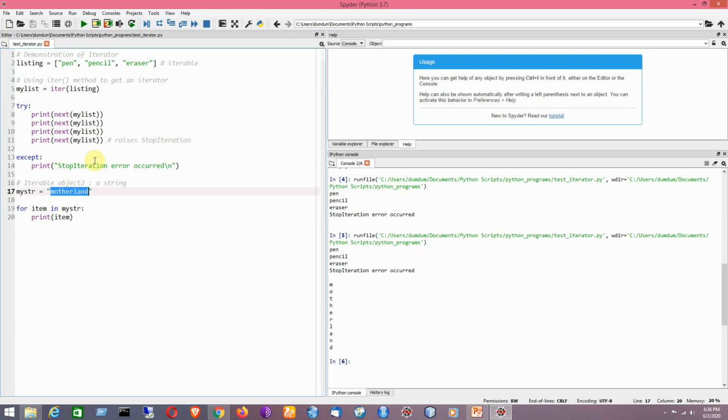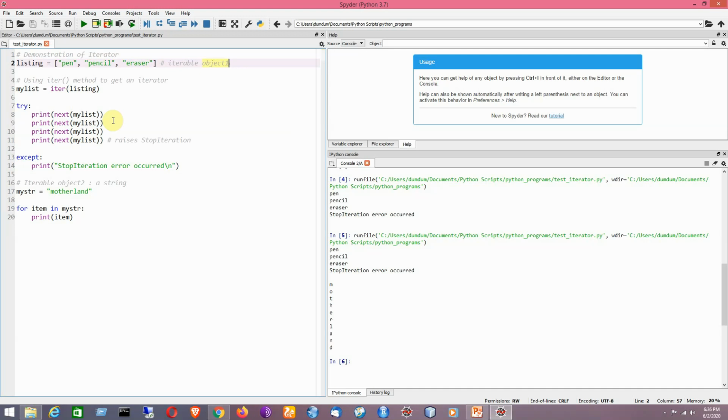So now I have taken an iterable object, that is a string object. It is having the value motherland. By using the for in loop, I can access the different elements of the iterator. So that is the logic that I have applied here. I think it's very easy to follow the logic, and you could be able to use any kind of iterable object, I would like to say, whether it's a list or whether it's a dictionary, set or tuple, or even if it's a string, we could be able to iterate through the items in the iterable object.